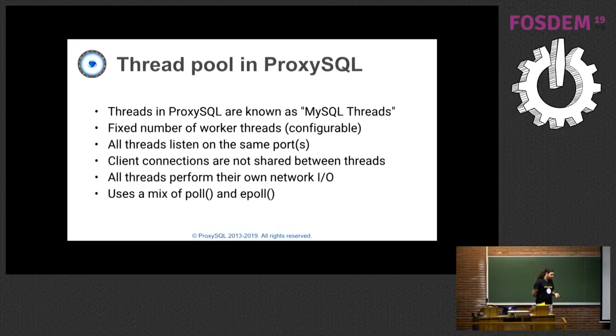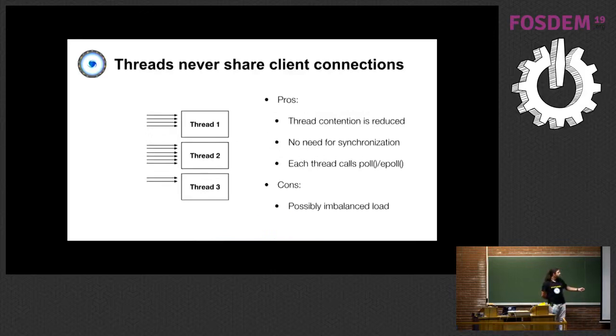What about in ProxySQL? Implementation of thread pool in ProxySQL is slightly different. Instead of having one listener, all the threads in ProxySQL are listening on the same port. So one of the threads is the one that is going to get the connection, and it will be handling the connection until the client disconnects. It has some pros: there is no context switching between the threads because all the information always stays local to the specific thread. Of course, it also has some cons, because it can happen that the threads are unbalanced, but this is a quite rare case.